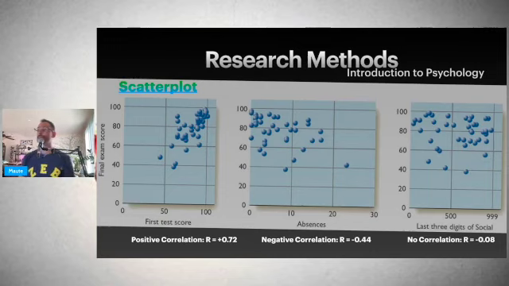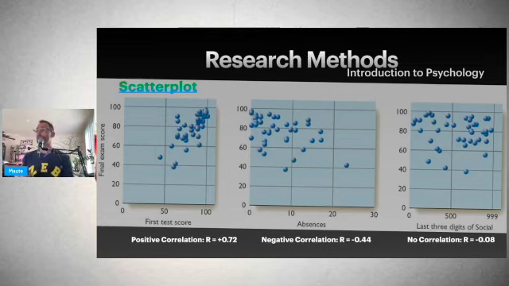And then finally, if we just looked at the last 3 digits of your Social Security number, or at least the last 3 digits of the Social Security numbers of the students in this class, and you graph that against the final exam score, there's no correlation at all, because why would there be? The other two make sense.